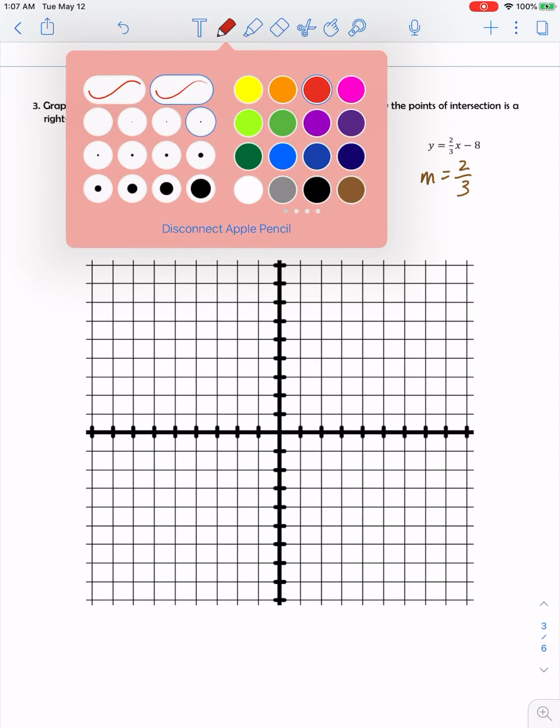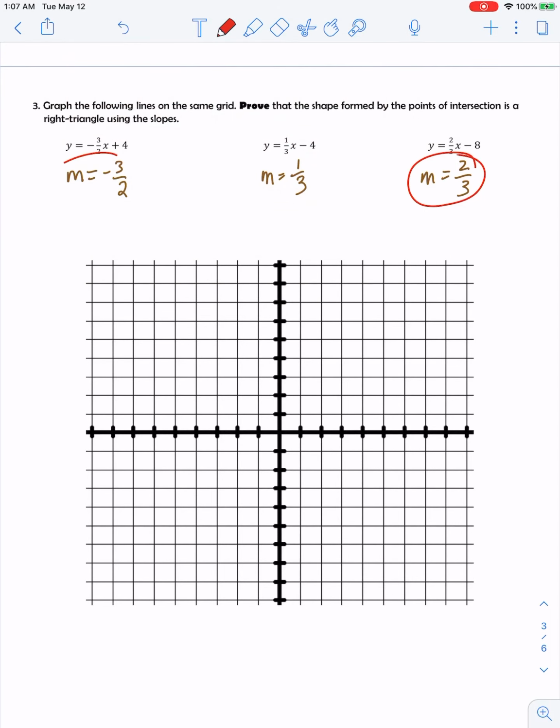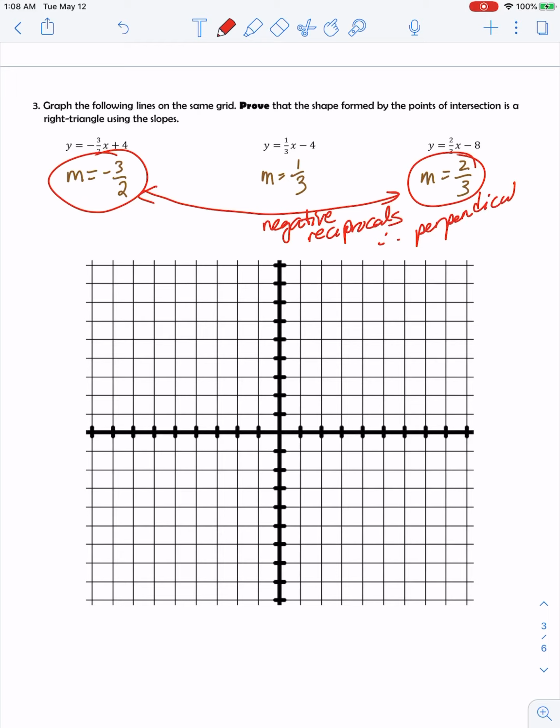If you take a look at this slope and this slope, they are negative reciprocals. Therefore, they are perpendicular. And perpendicular means meets at 90 degrees,